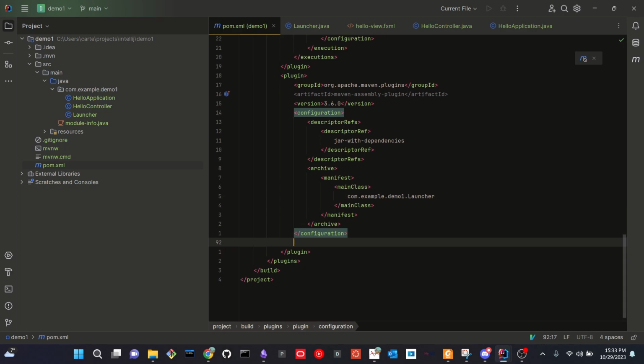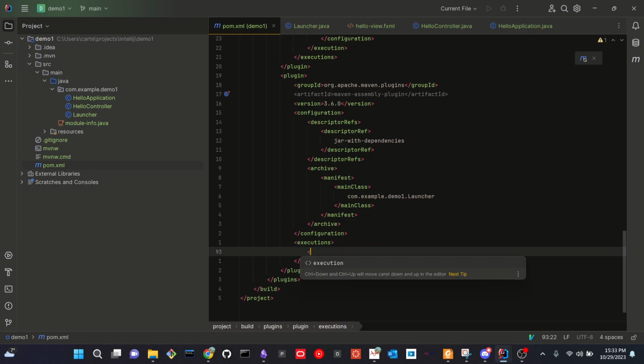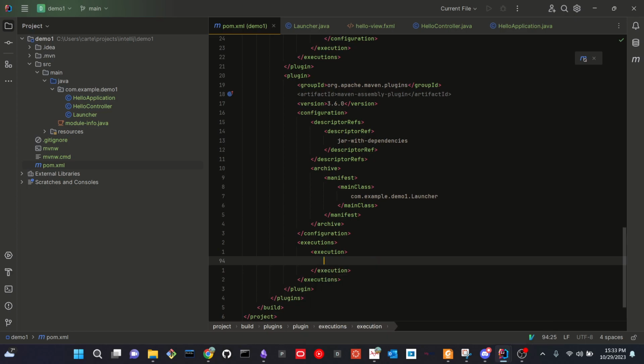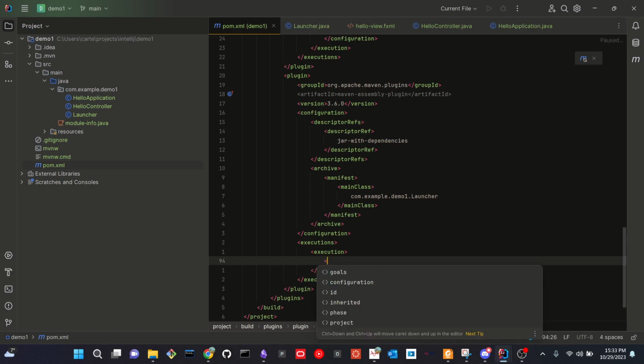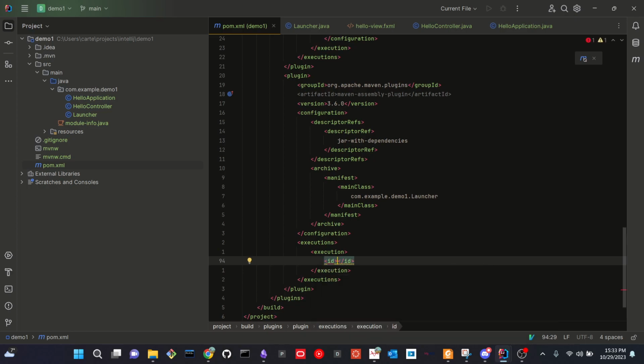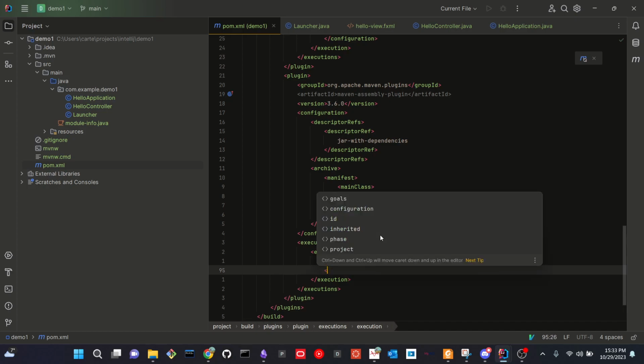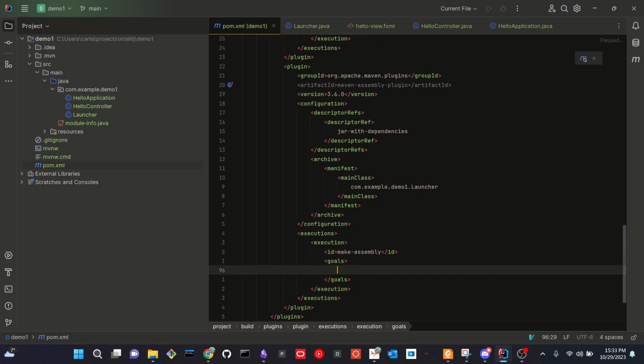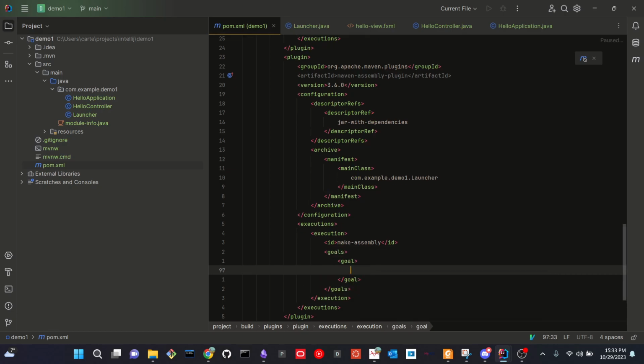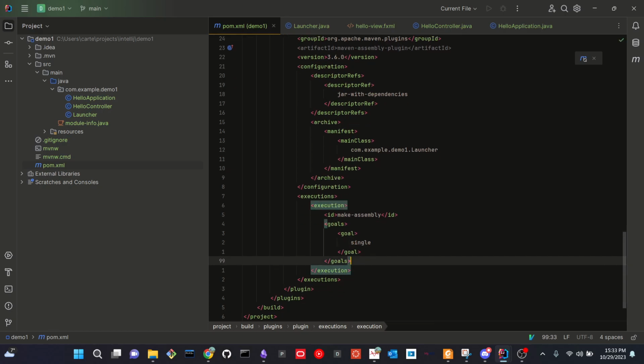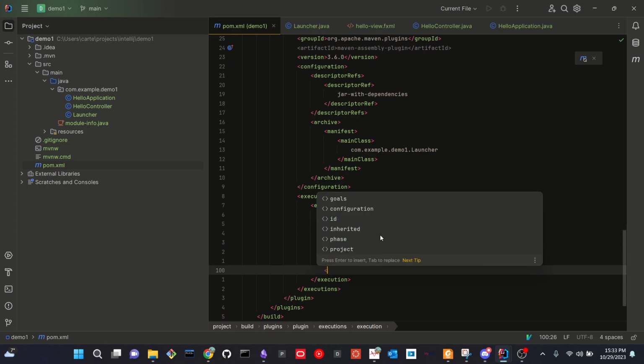So now we're going to make another tag called executions, and this is just our assembly execution configuration. So we're going to have an ID, and that's just going to be make-assembly. For goals, it's going to be single, for a single assembly, I guess. I don't know much about the assembly plugin, but